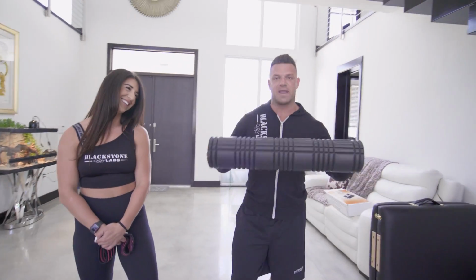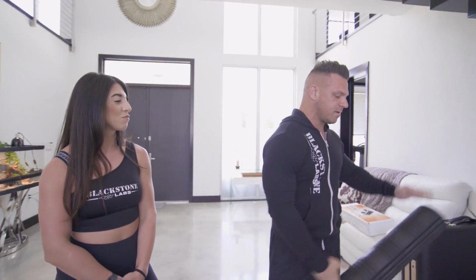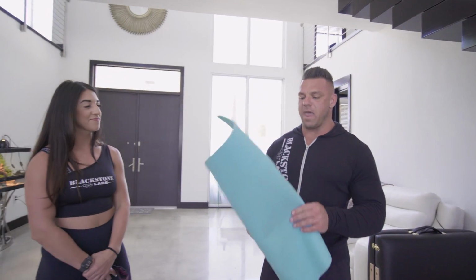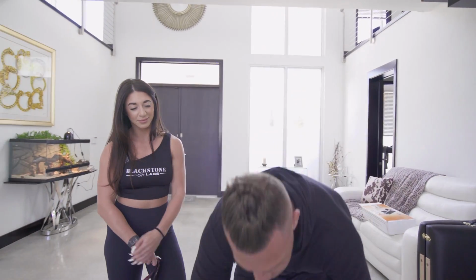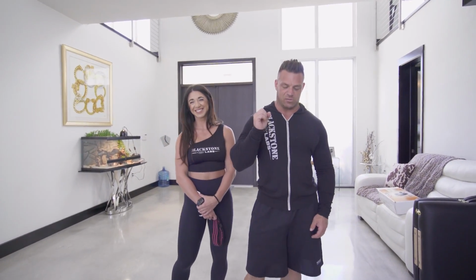I do suggest that everybody get a foam roller, and everybody should foam roll every day. Not going to use that either. Now, depending on how much you want to rough it, you may want to use the yoga mat, so we're going to actually come back to this. And if you have the money to invest into one of these Swiss balls, they're great for doing all sorts of different exercises, including all of your core work. But what you really need to have an awesome workout,